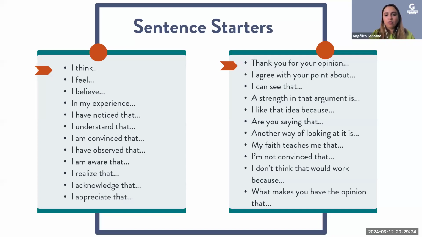So it is also important to provide these sentence starters to the students. Perhaps you can have them somewhere in the classroom, because if they are asking questions, it's important to do it in a very mindful way. A student might say, I like that idea because, and then ask the question. Or maybe they would say, you know what, I'm not convinced that solution is feasible because of this and that. And it gives the student the chance to think critically, to challenge the idea, to reflect, to even